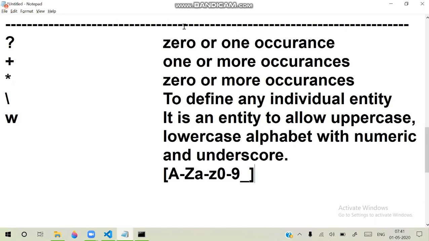So that means W indicates you can enter anything between these: uppercase or lowercase or a numeric value, and with underscore, generally we represent that by